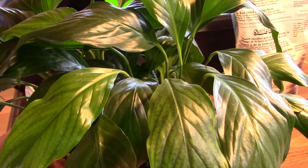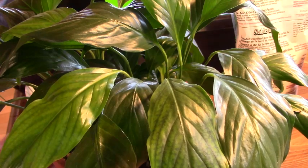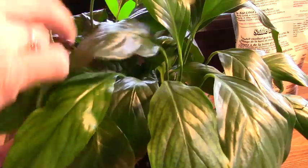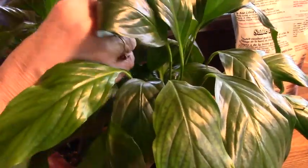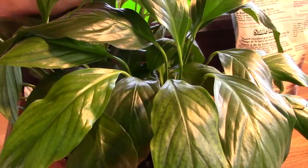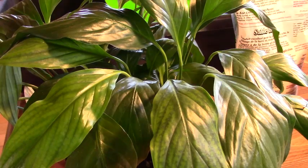I just kept cutting off the leaves that were turning black, and then I was watching a video with, oh darn, I can't remember her name. Her channel was called My Small Space. A sweet gal. She had a Peace Lily like this, and she was having the same problem. Someone told her to use Epsom salt because it was a magnesium deficiency. And so she did, and I believe she got good results from that, and that's what prompted me to try it on mine. Well, I did, and lo and behold, it came back to life,